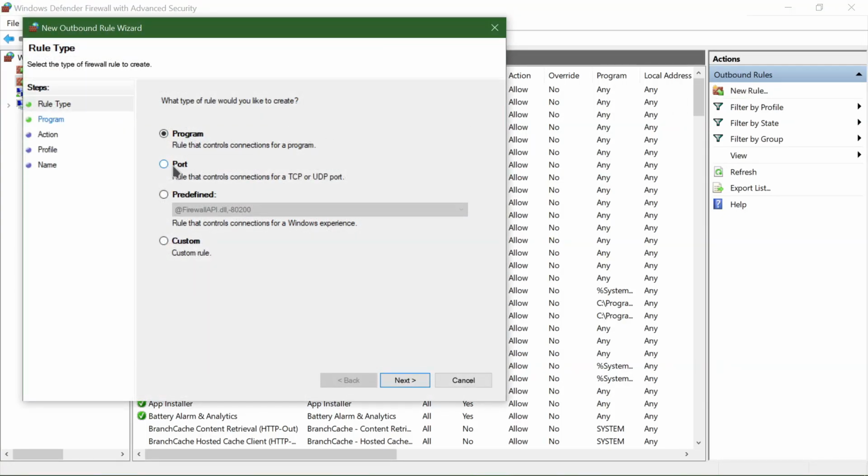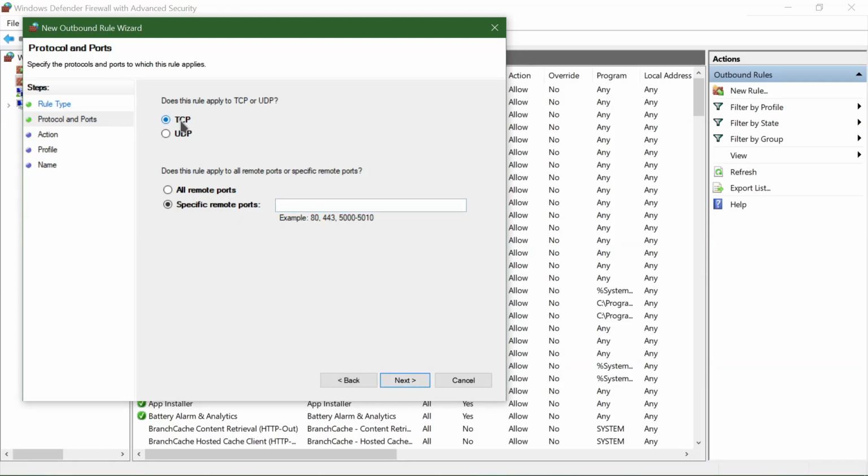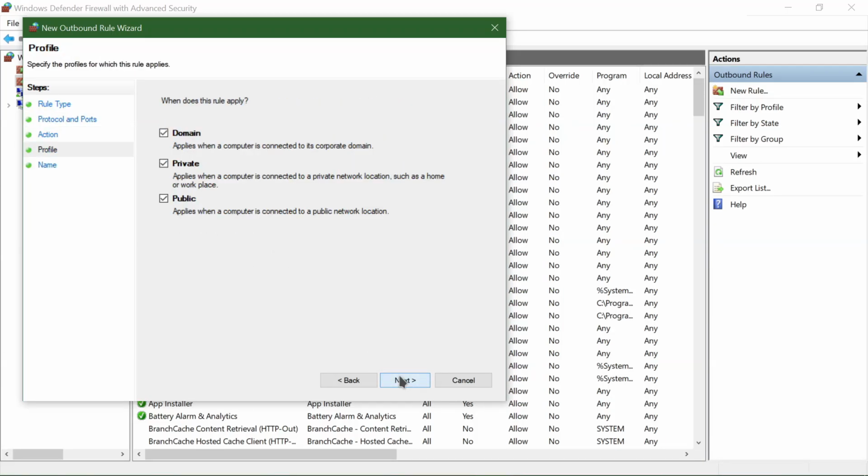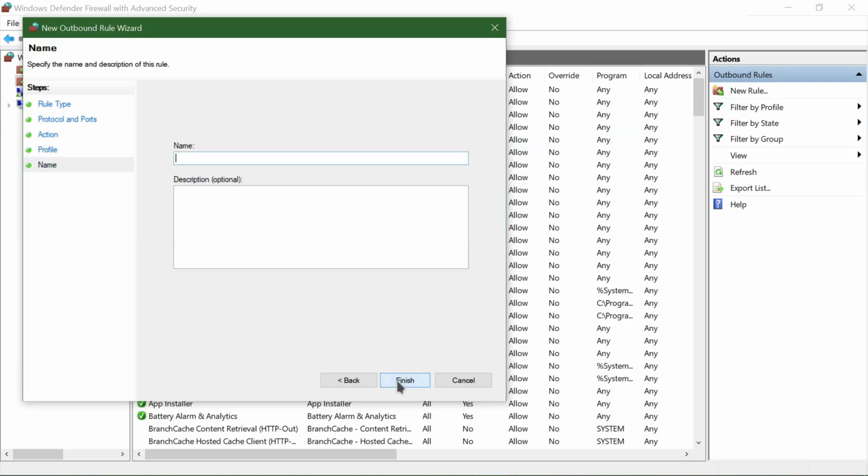On New Rule, go to Port and select Next. Select TCP and specific remote ports, and in this box type in 22, since 22 is the port number used for SSH. Once you do so, click Next, click on Allow the connection, Next, leave domain, private and public all unchecked, so don't change anything here, and click on Next, and then finally give it a name. Just name it SSH so that you recognize it later on, and click on